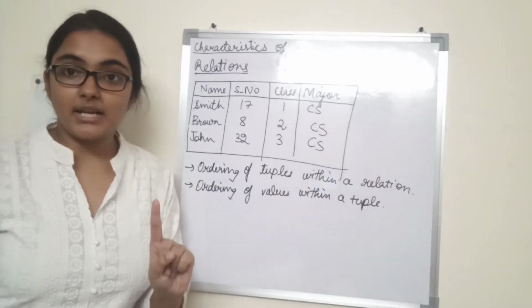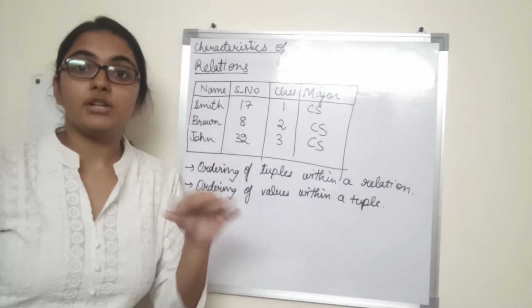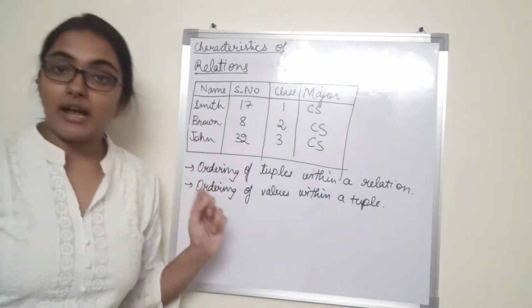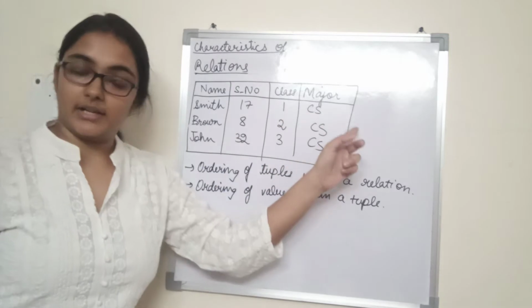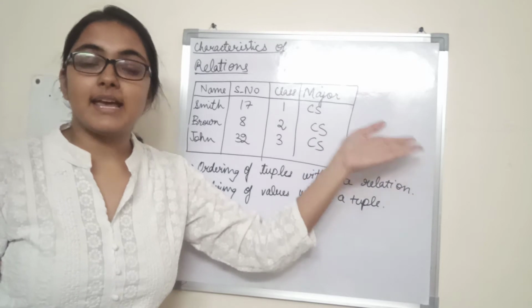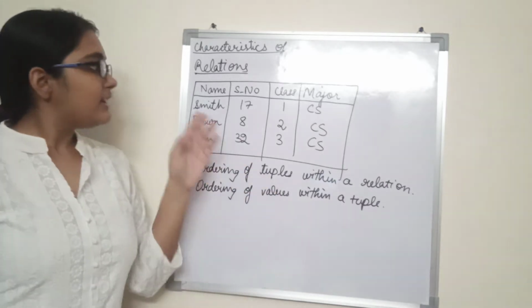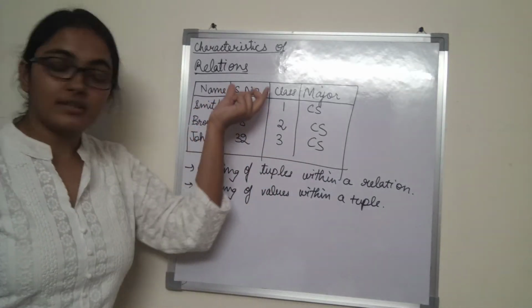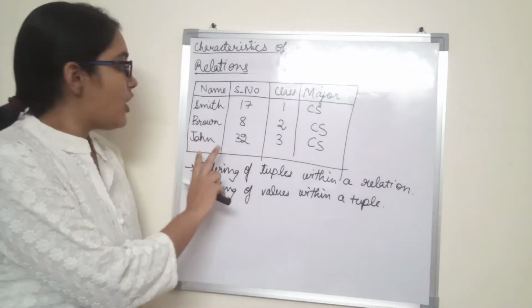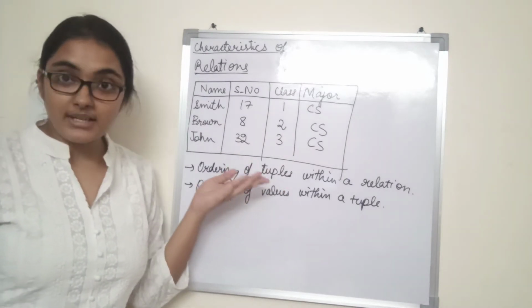What is the meaning of an n-tuple? An n-tuple means a tuple having n attributes, or a tuple belonging to a relation whose degree is n, right? So when we talk about ordering of values within a tuple, it is important, if we go by that definition of relation that defines an n-tuple to be an ordered list of n values. However, if I interchange these two attributes, or these two columns, will the meaning of the relation change?